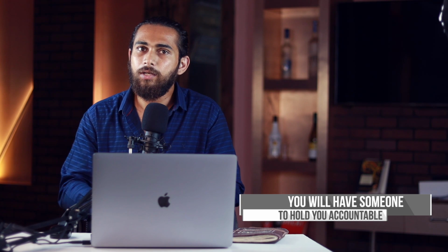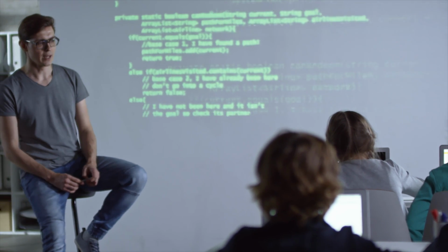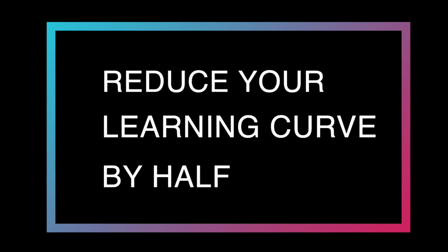One of the biggest advantages of having a mentor is that you will have someone to hold you accountable. There will be someone to make you stay on track, and if you deviate, they will bring you back on track. And hence, having a mentor is of huge advantage and will cut down your learning curve by at least